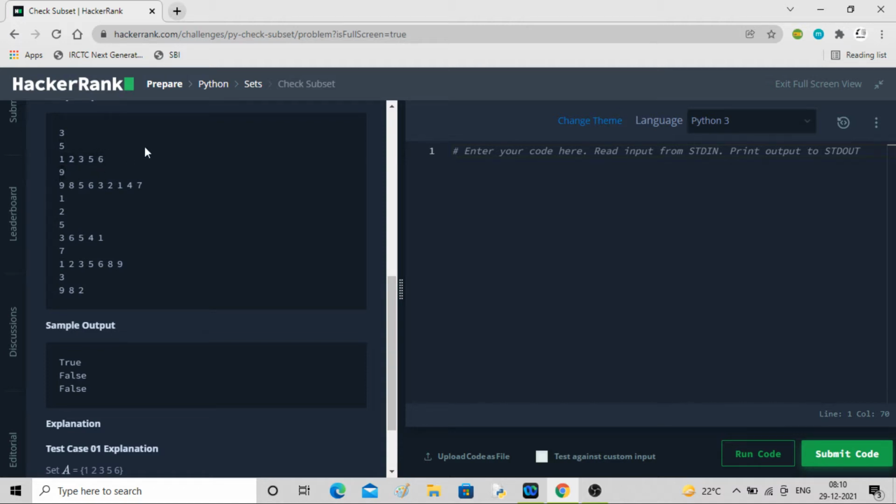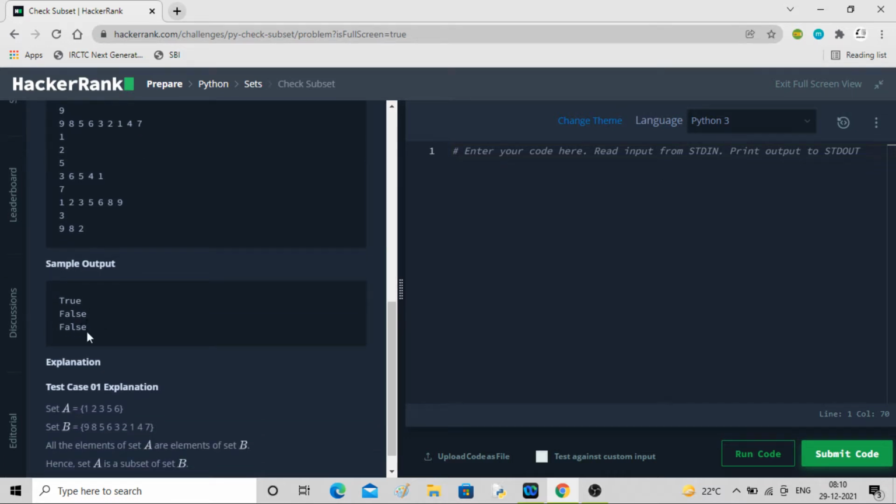Then the number of elements in B, 9 are there. So this whole thing is one test case. Another test case is this and the last test case is this. That is what total 3 means. This is how you will be given, and true false false is the output.